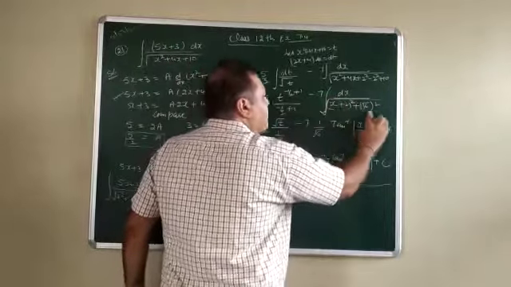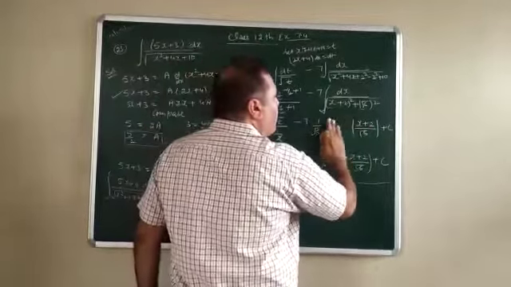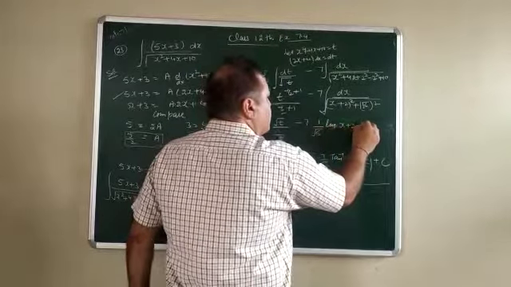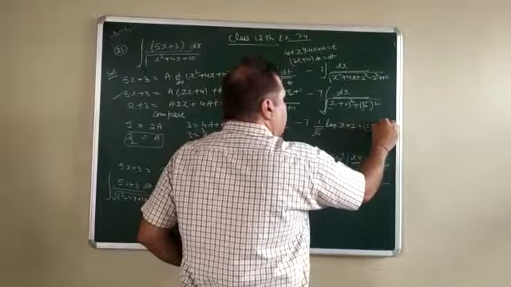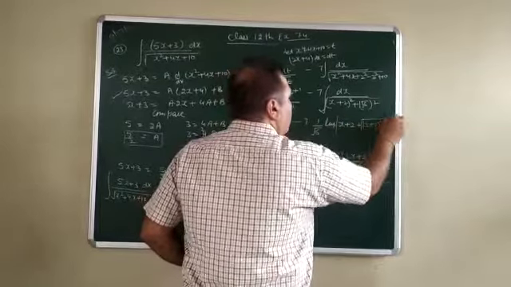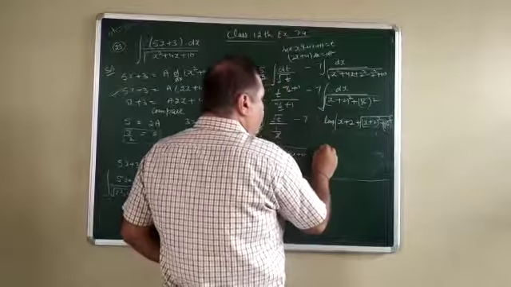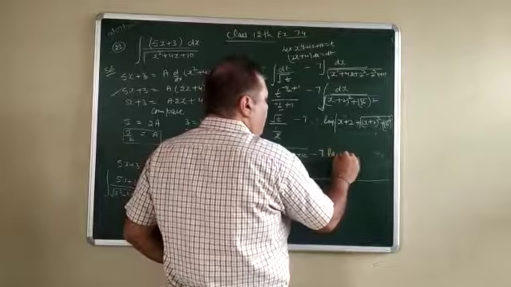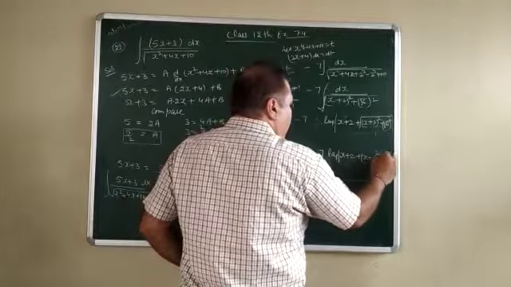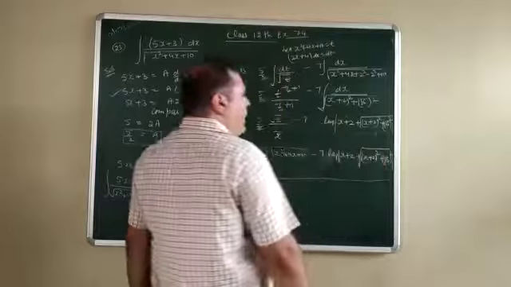Now see, what is the formula for this one? For the square root of x²+a², the formula is not this one. It is equal to log of x plus the same function. Due to this square root we have changed the formula and your answer is entirely changed. So take care. At first I wrote down a formula which is generally in our mind, but remember, whatever is in our mind, it is not necessarily correct, so please check the formula before applying.